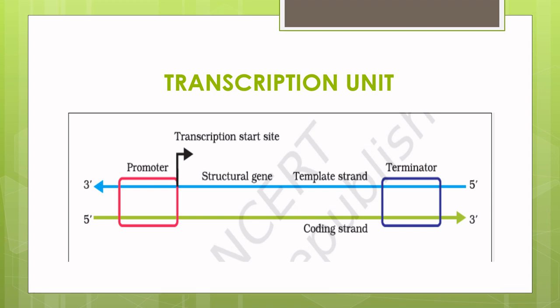Promoter and terminator are present on either side of the structural gene. The promoter is located towards the 5' end, which is called the upstream of the structural gene. It's a short sequence of DNA that provides a binding site for RNA polymerase, mostly TATA bases, and it is also commonly called the TATA box. Presence of the promoter defines the template and the coding strands. If the position of the promoter is changed with the terminator, the definition of the coding and the template strand will also reverse. Terminator is located towards the 3' end or the downstream of the coding strand.